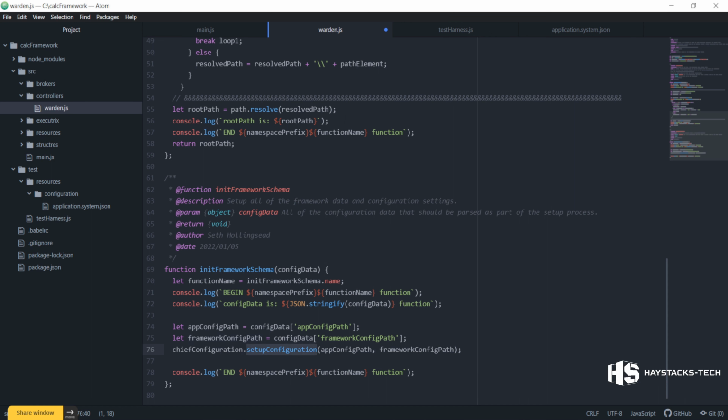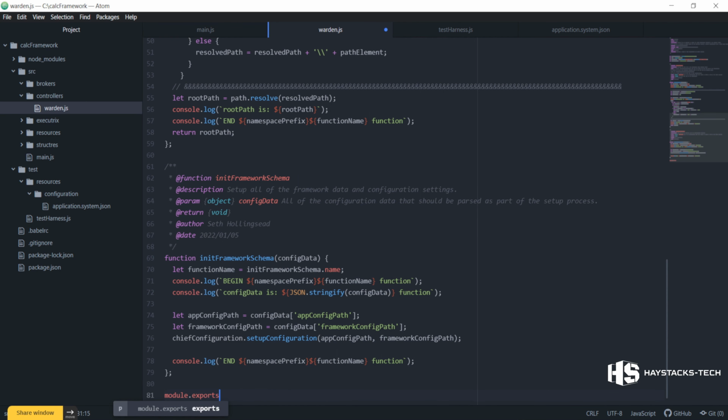So that's what's going down here. Now I haven't created any of this chief configuration stuff yet. That's going to be in controllers, and we'll create that file in a little minute. But it gives you an idea what's going to be happening. Now we probably should go back and let me double check, make sure I didn't miss anything. Okay. Well, I need to export this. So let's go